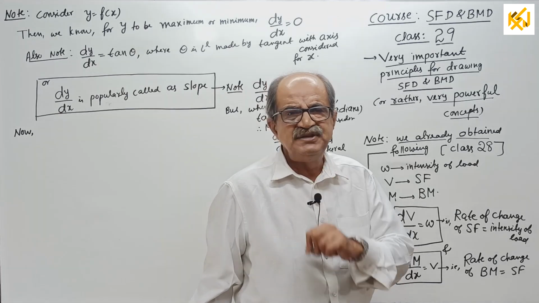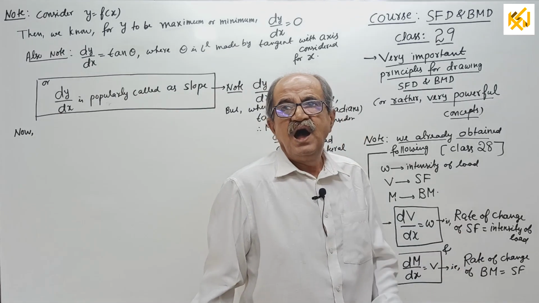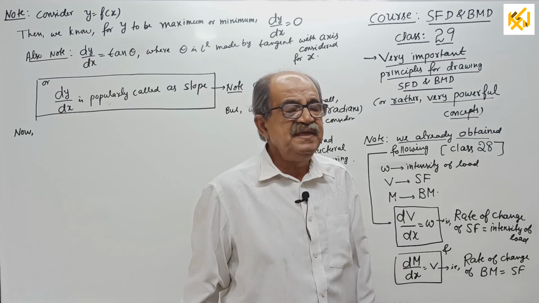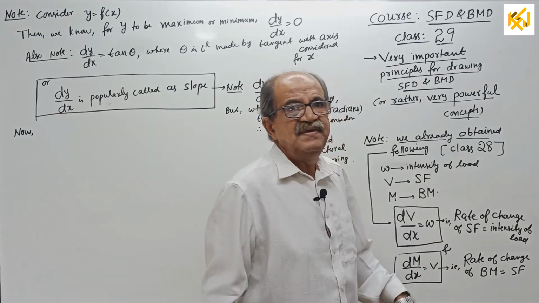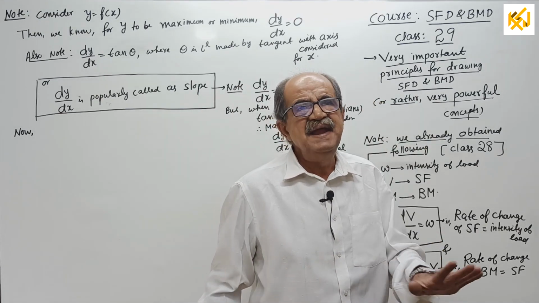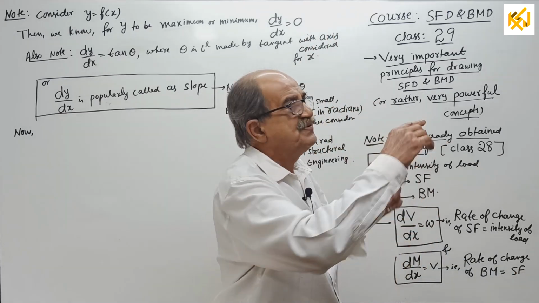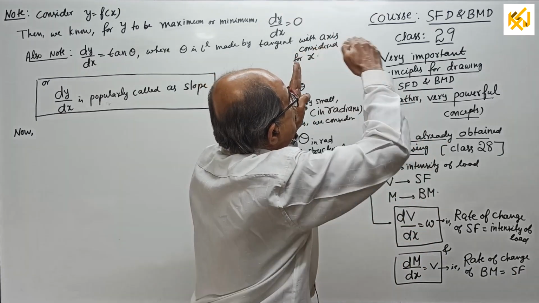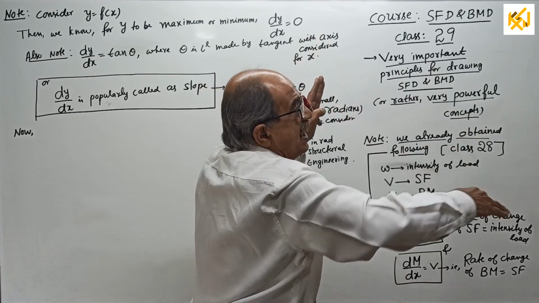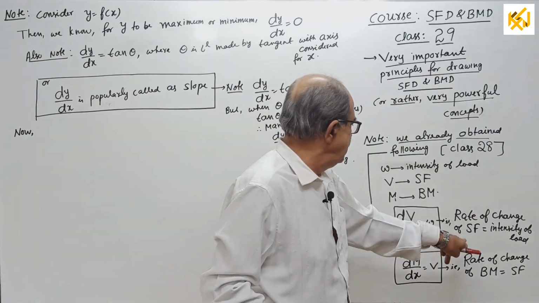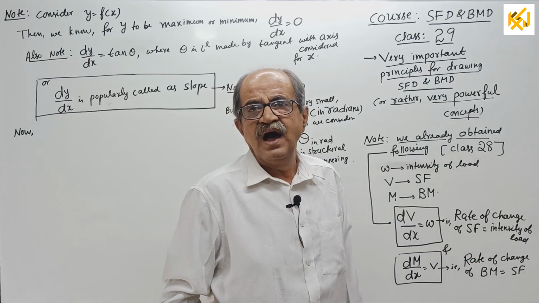Very powerful principle to decide how is the curve in case SFT is in the form of curvature. Straight line means no problem. Why? Joined by straight line. But when curvature comes, sometimes the curve can come this way or the curve can come this way. That time this will give you the correct idea how is that curve.